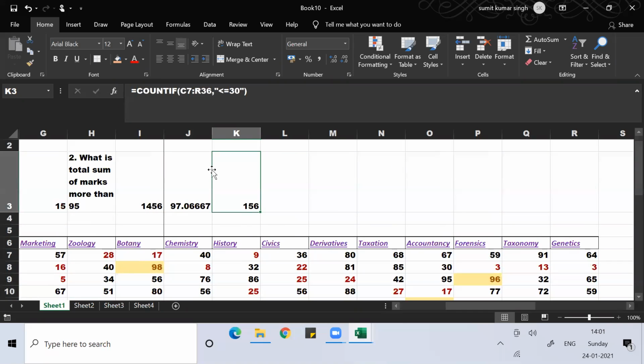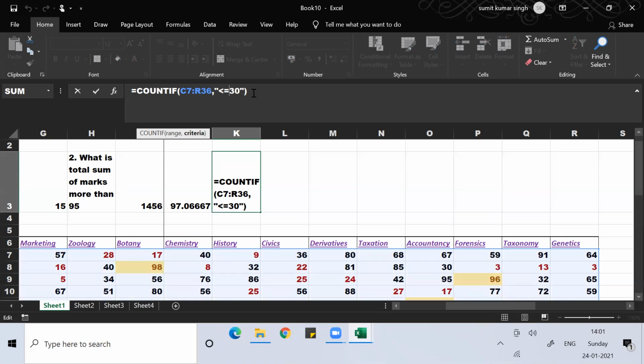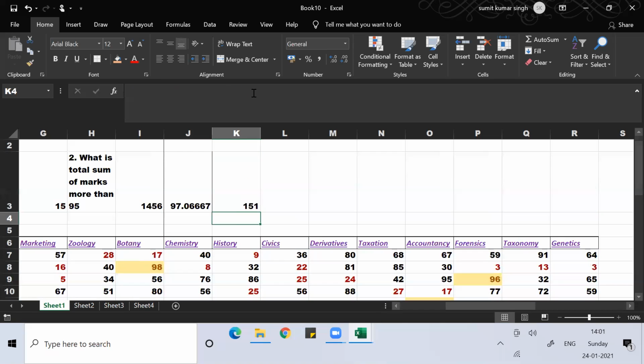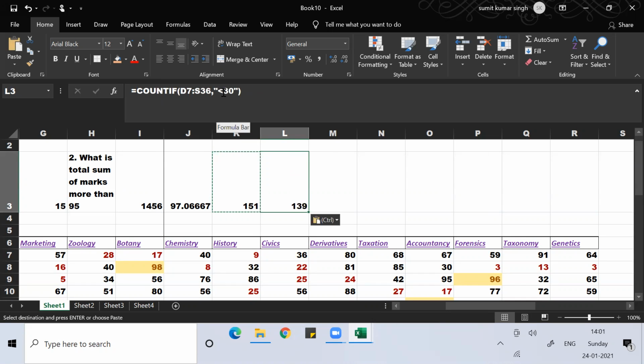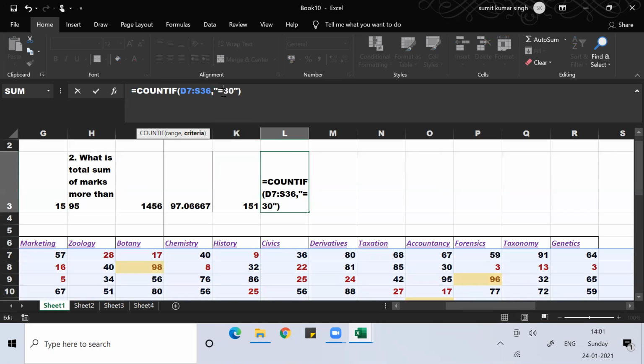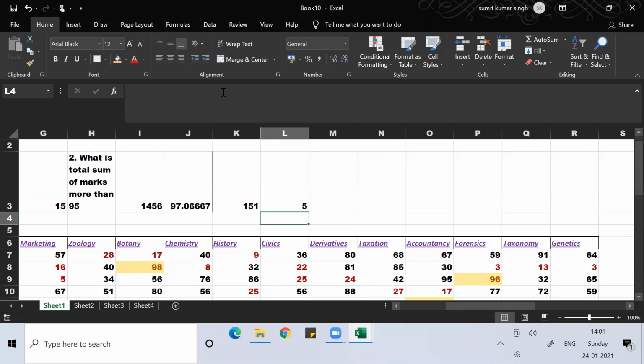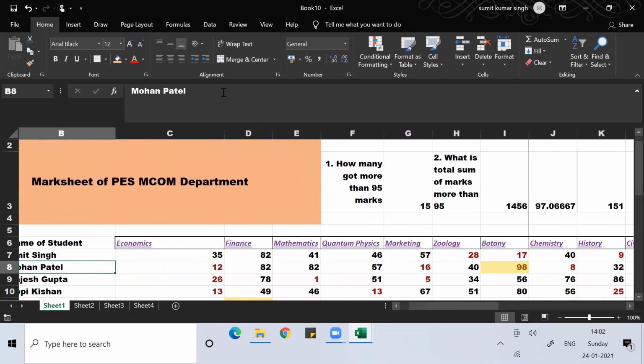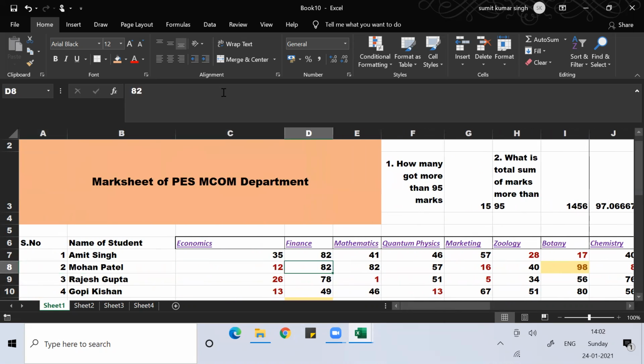So less than or equal to 30, 156. Or if you say less than 30, 151. So 5 people got equal to 30. You can see that, right? These are all self-explanatory. You can easily do them. It's not something very difficult for you to go through.